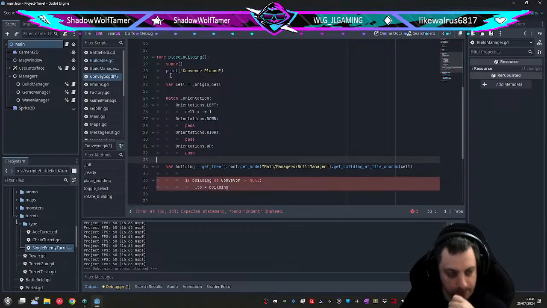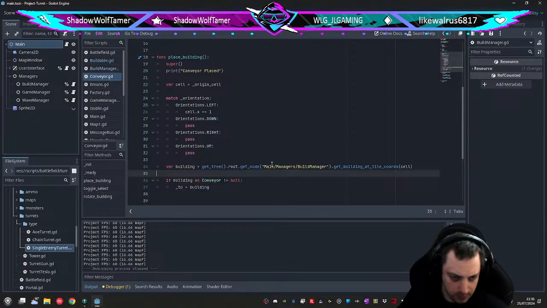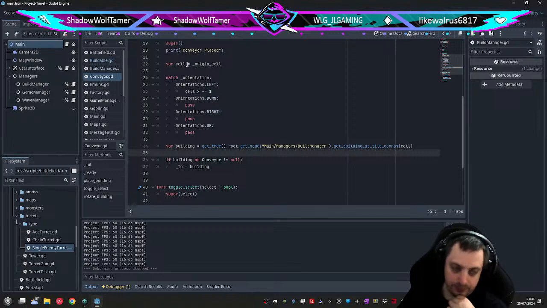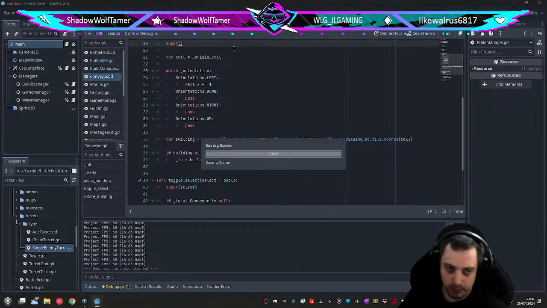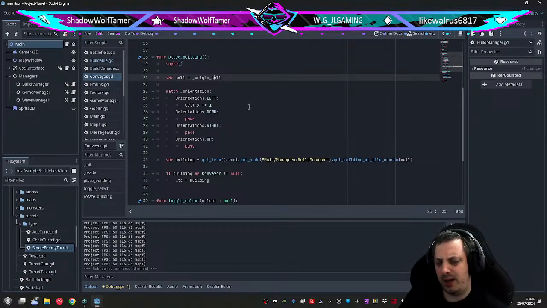Right, so get the origins when it's placed. Don't need that anymore. Do all the base stuff for place. Grab the cell origin, so the cell that's the top left corner for multi-cell buildings,